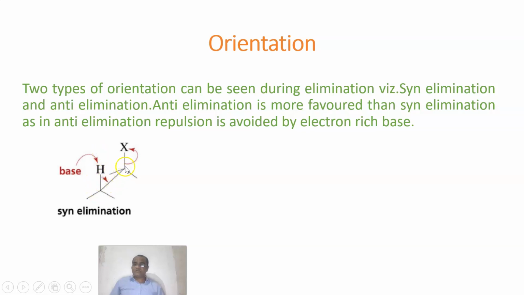dot, or we can say this line between these two carbons, indicating that the carbons have been joined. As the base attracts the hydrogen, it forms a double bond. So these are two carbons at both ends, and simultaneously it removes a halogen atom and forms a pi bond. Here you can see it is said to be a syn elimination. Syn elimination means these hydrogen and halogen are in the same plane.